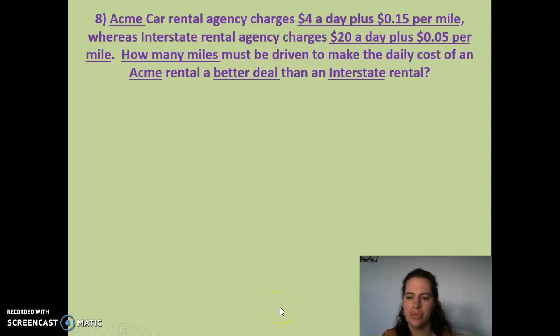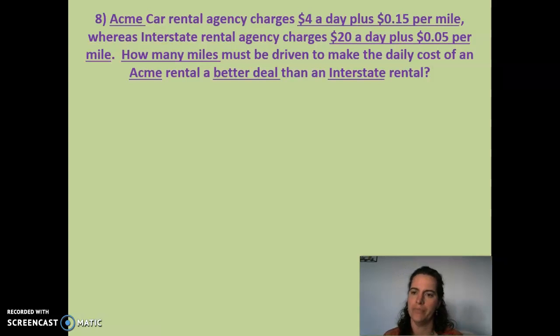Okay, now for our word problems. We did one of these at the beginning of class, but I just wanted to hit a few more examples. On this problem we have Acme Car Rental Agency, and they're going to charge $4 a day plus 15 cents per mile. But Interstate Rental Agency charges $20 a day, but only 5 cents per mile. So how many miles must be driven to make the daily cost of Acme a better deal than the Interstate